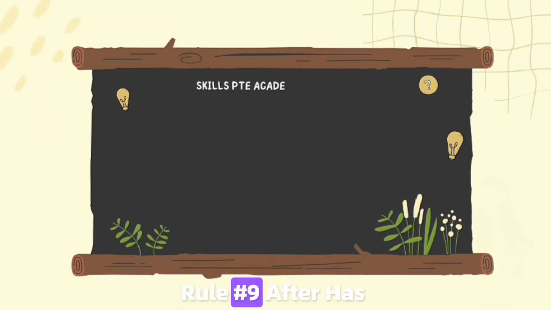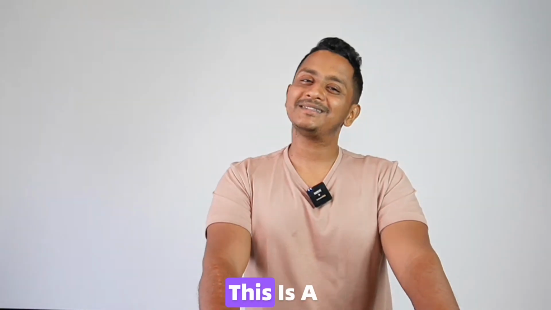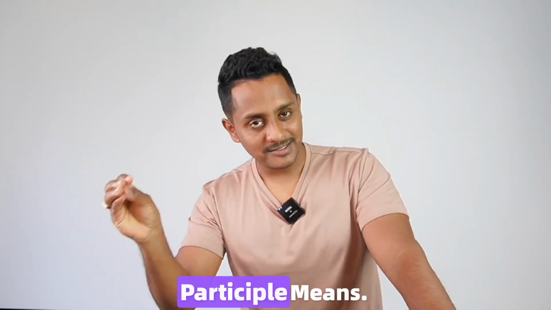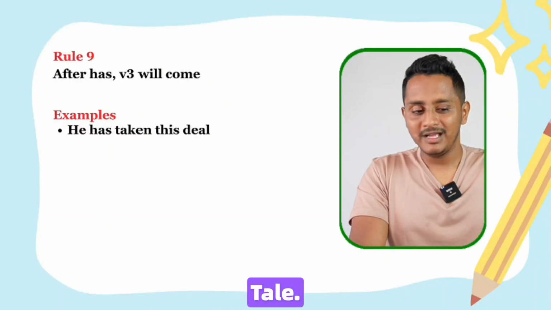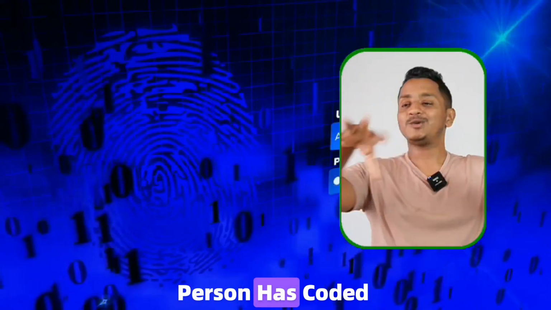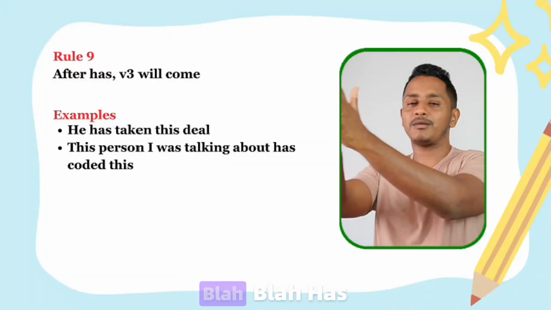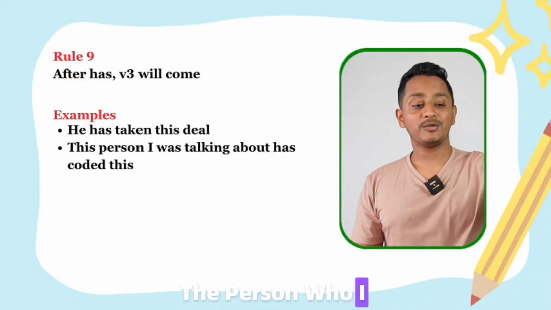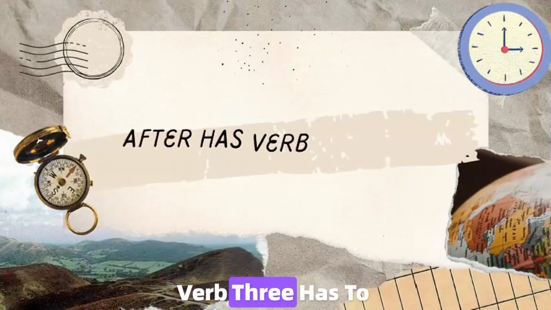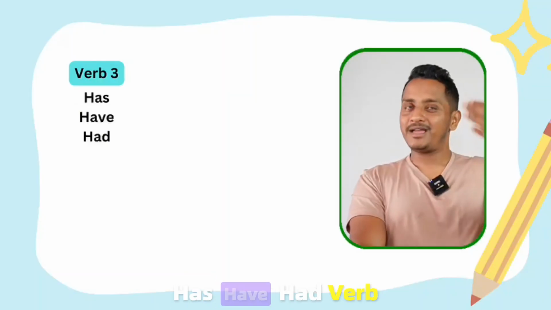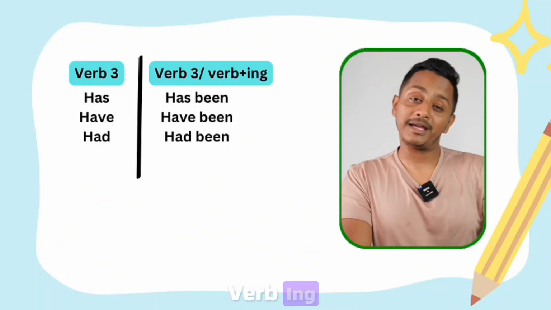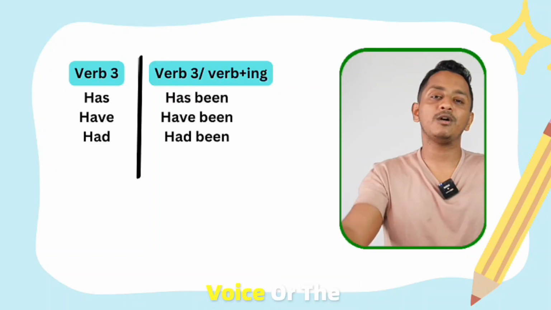Remember this. Rule number 9: after has, verb 3 will come. This is a straightforward rule. Has, have, had: verb 3 has to come. That is what past participle means. He has taken this deal. This person I was talking about has coded this. The person who I was talking about has coded this. After has, verb 3 has to come. Remember this. Has, have, had, verb 3. Has been, have been, had been: verb 3 or verb ing, depending on the passive voice or whether the person is